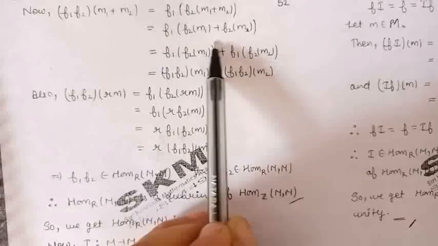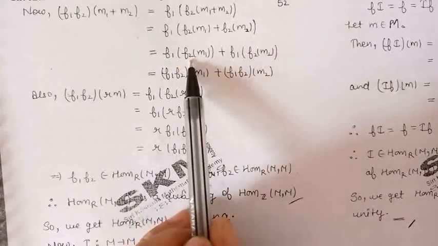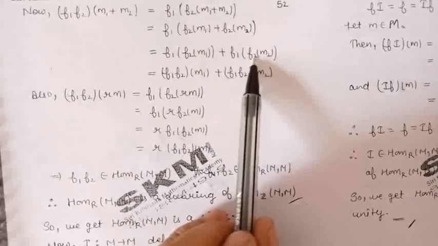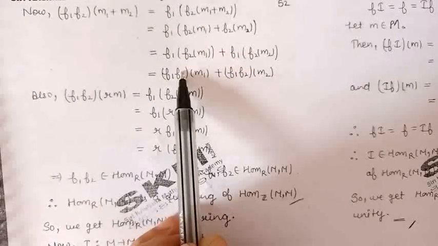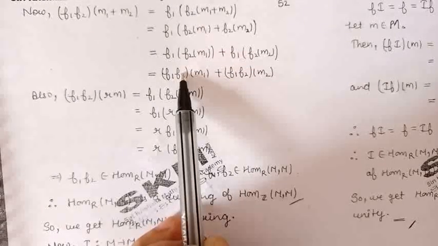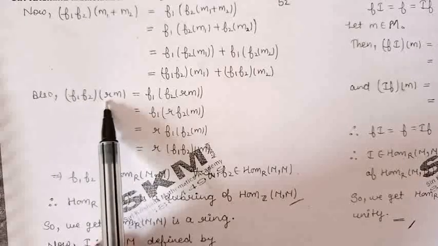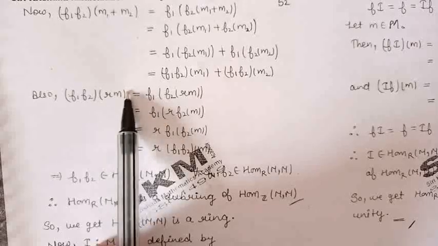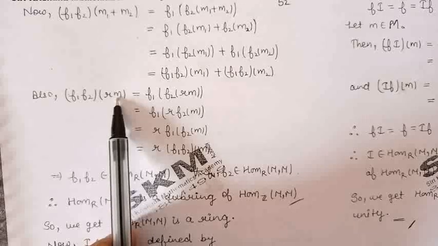Now again, this can further be written as F1 of F2 of M1 plus F1 of F2 of M2. So this proves our first property of homomorphism of modules. In the second property, let us take a scalar r from the ring and m belonging to module M. Let us find the image of rm under the mapping